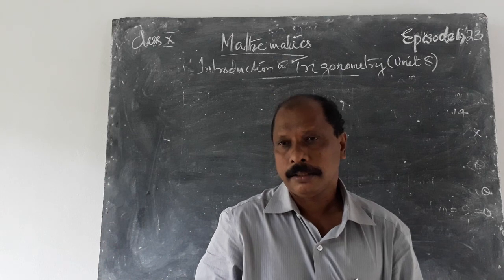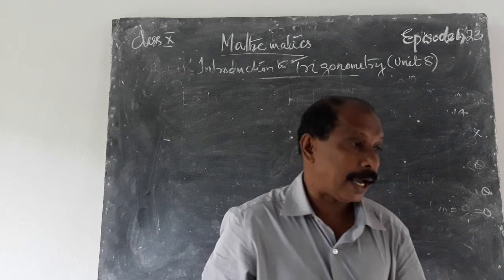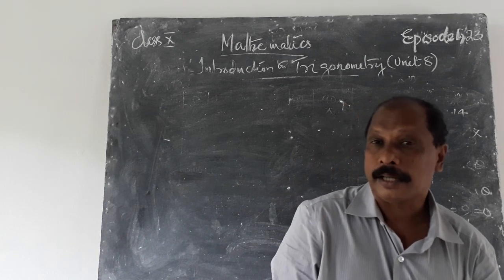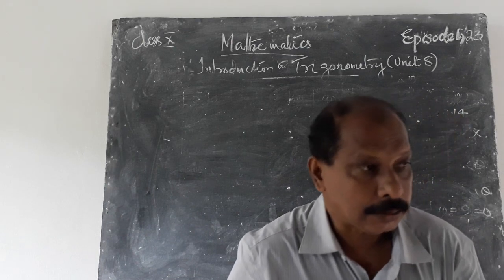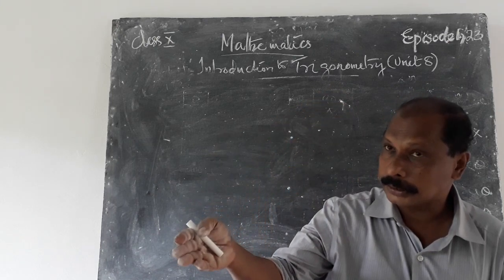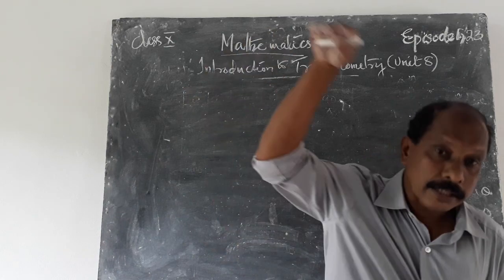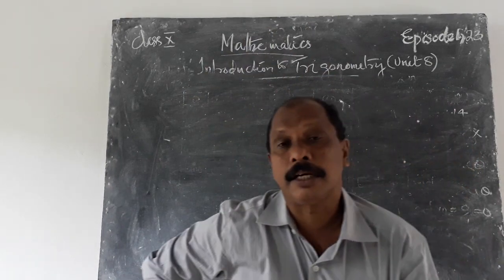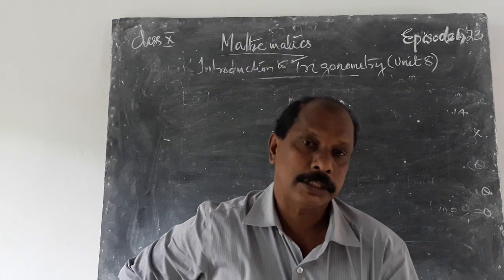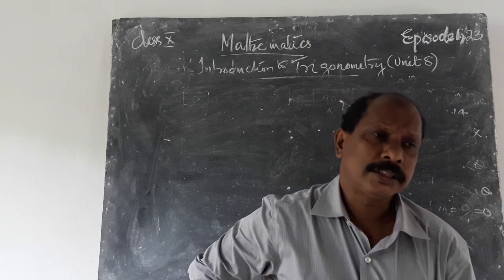Then, there is another result, that is one angle is theta, the other angle is 90 minus theta. In the figure, the angle at C is theta, therefore AB is opposite and BC is adjacent. Then the angle at A is 90 minus theta, therefore BC is opposite and AB is adjacent. Therefore, these are the complementary angles.